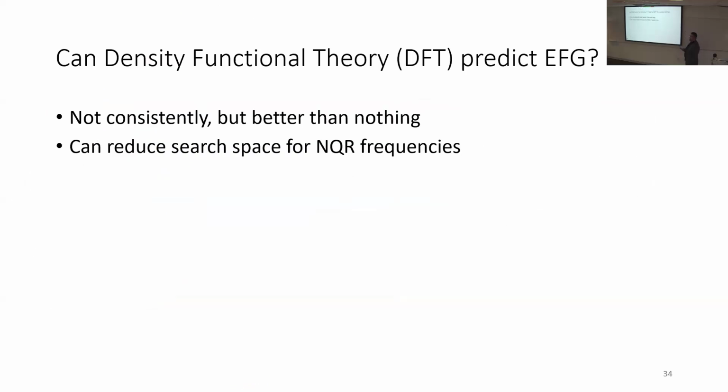And so what can we say about these calculations? Can density functional theory predict electric field gradient calculations? The answer is not consistently, but they are able to give you a window of accuracy, meaning if you put yourself in the shoes of an NQR spectroscopist and you have an unknown material, you